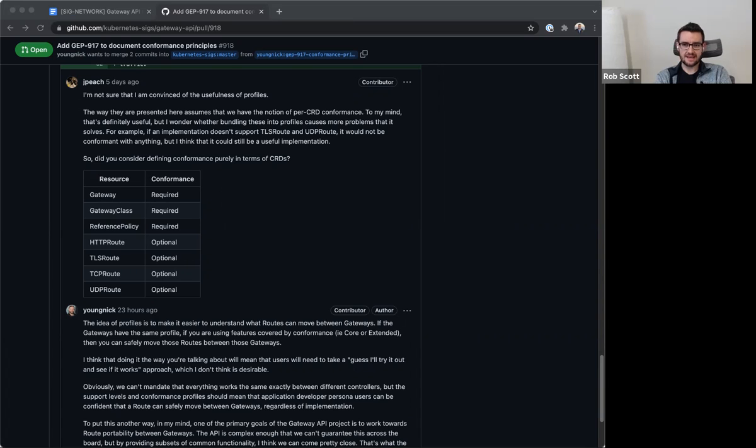I think what you're both saying is similar, and I could be wrong here, but what I'm hearing is that conformance profiles are entirely a concept to simplify users' understanding of implementations of this API, right? To understand, oh, these are the kinds of things that are built with this API.